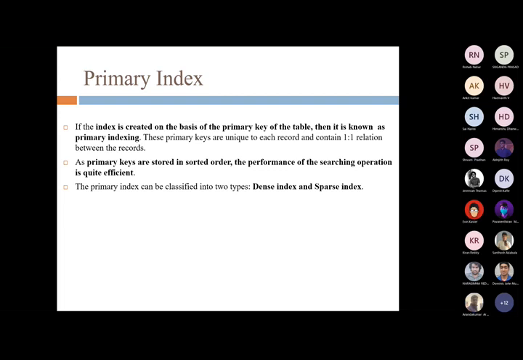So what do you mean by dense index? So dense index means you have a search key for each and every record that is present in the table. It's known as dense index, right? Whereas in the case of sparse index, you have only a few index values for the records that are present in the table. So we'll see with an example the difference between dense index and sparse index,